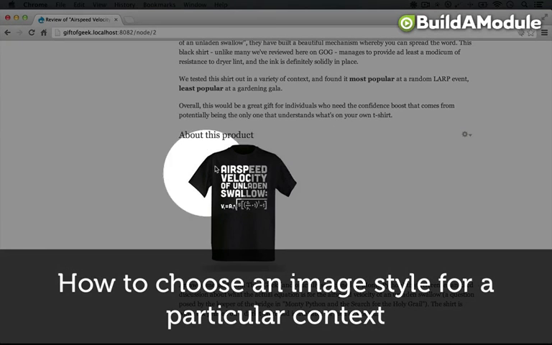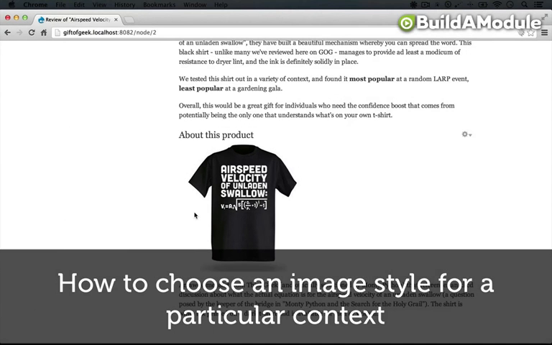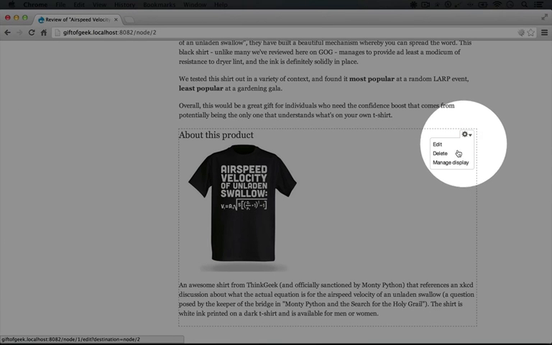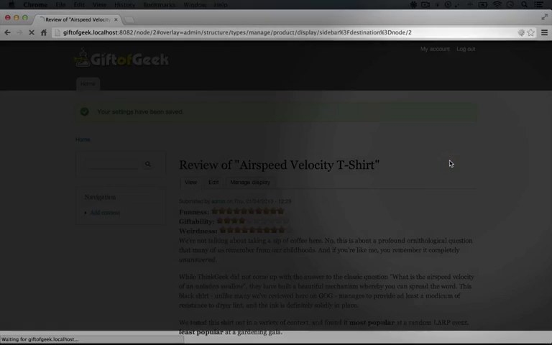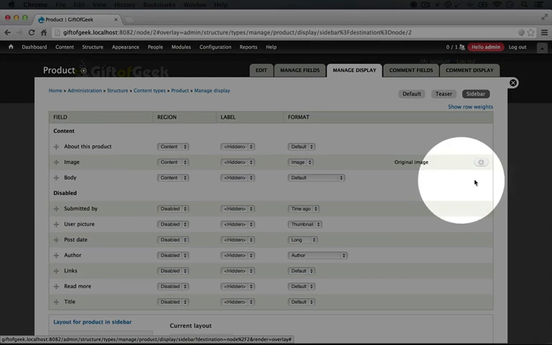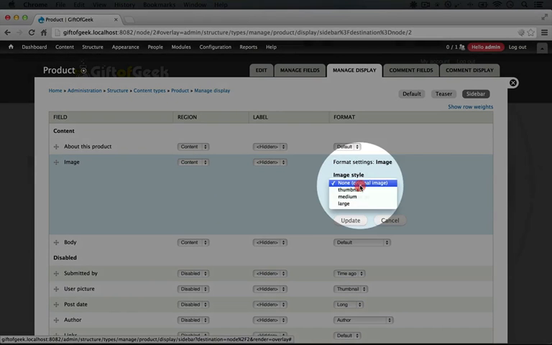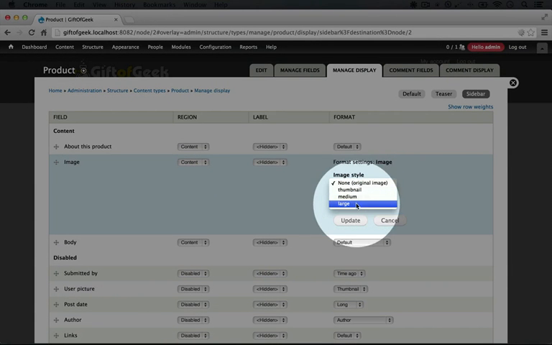So now the only thing left to do is to change the size of this image, which we can do with an image style. So now there are several image styles we can choose from to display this. Actually, let's take a look at them now. If we click on the cogwheel on this node and click Manage Display, and then we look at the image and we click the cogwheel here, we'll see that we have several image styles available to us: thumbnail, medium, and